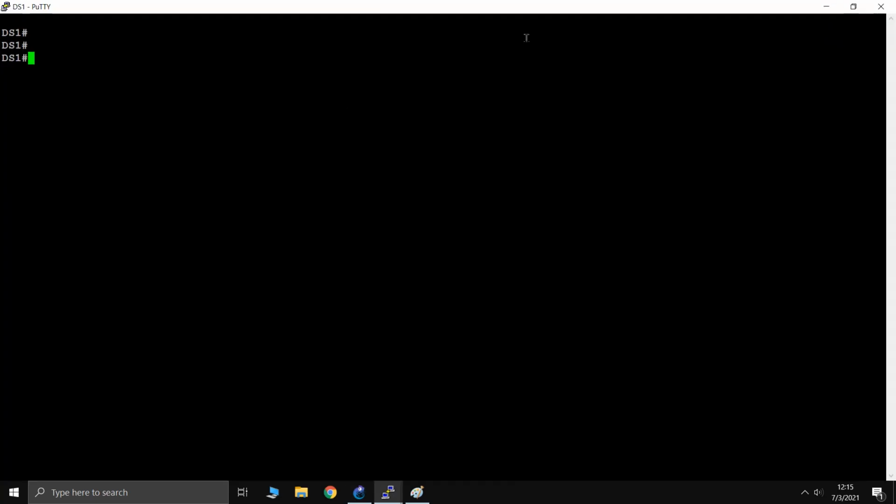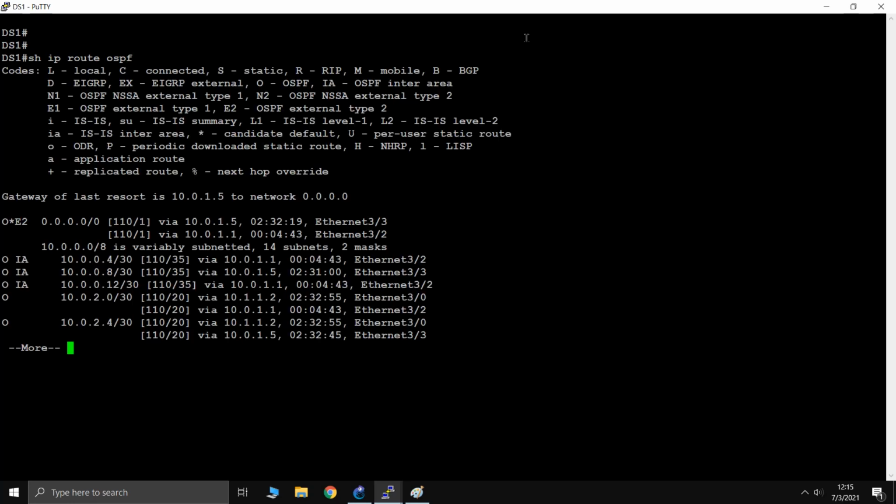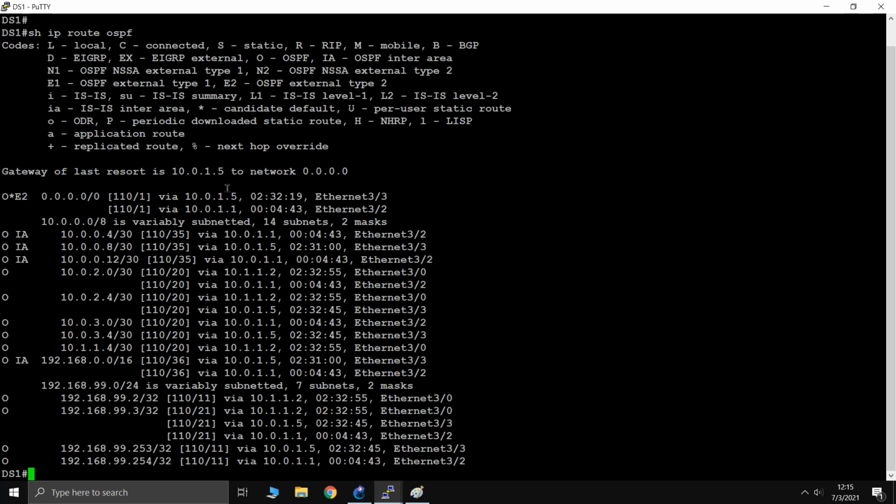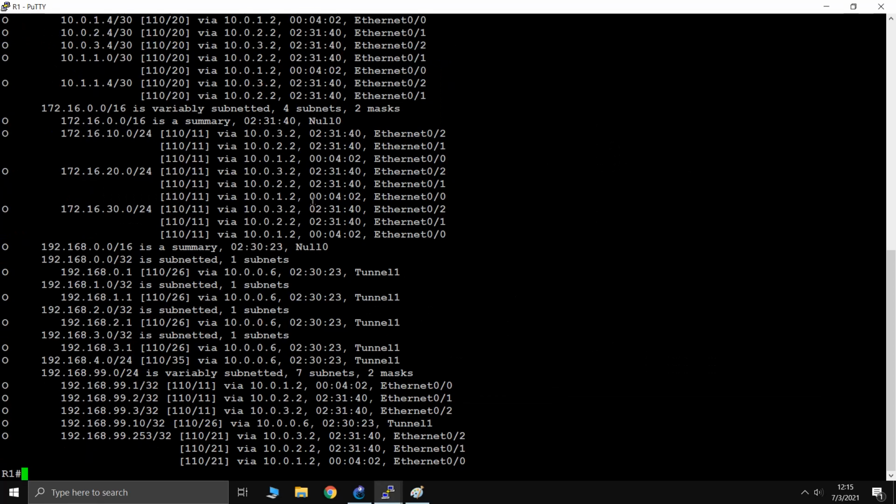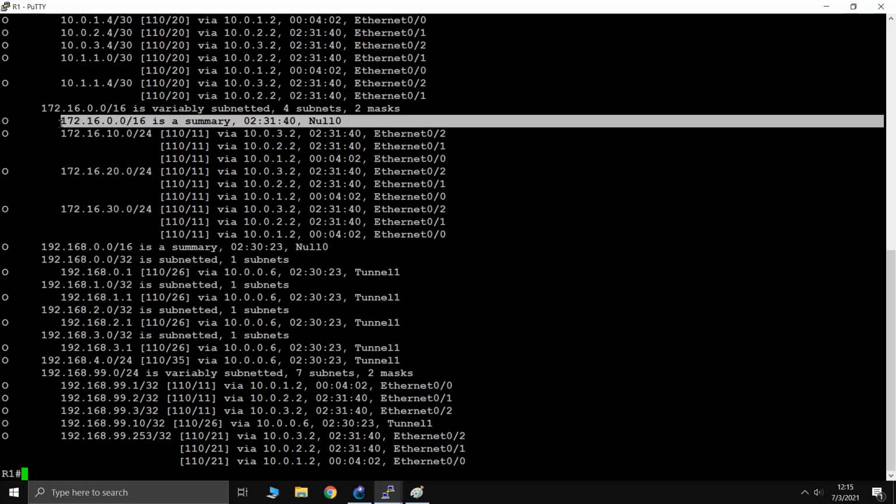If we go into DS1, show IP route OSPF, we'll see that we have these 99.0/24, 10.0/8, the default routes, and these are all learned by OSPF. And it's a much shorter list. Why I want to go into R1 is we have these null routes here. This is because